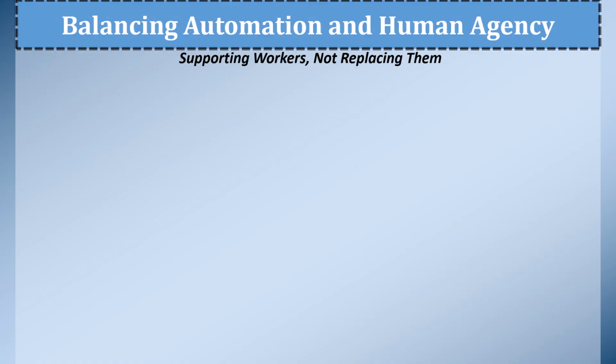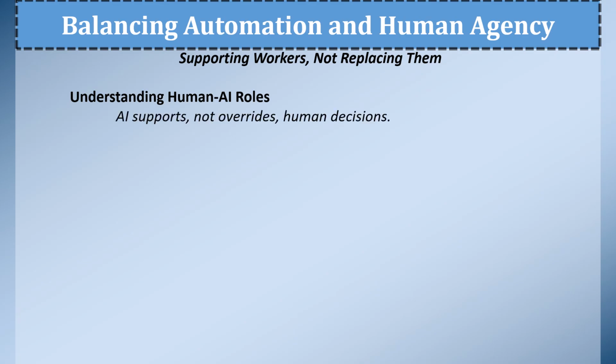Balancing automation and human agency, supporting workers, not replacing them. Understand human-AI roles. While AI can guide ergonomics improvements, humans still control their experience. The goal is not to dictate behavior but to enhance awareness, support decision making, and reduce injury risk, all without removing